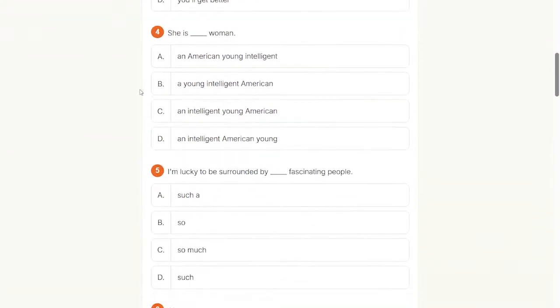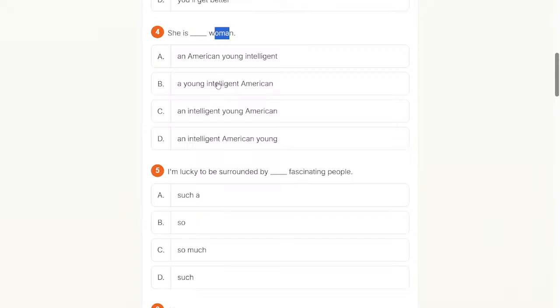Number 4. She is a woman. She is American, young, intelligent. We do not need to choose an article.